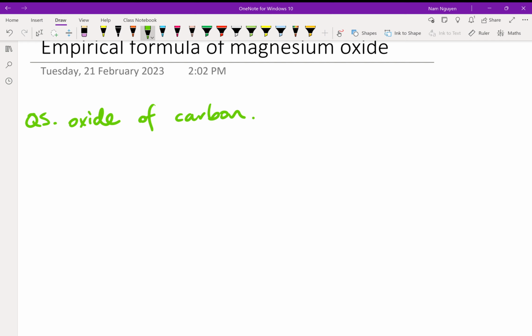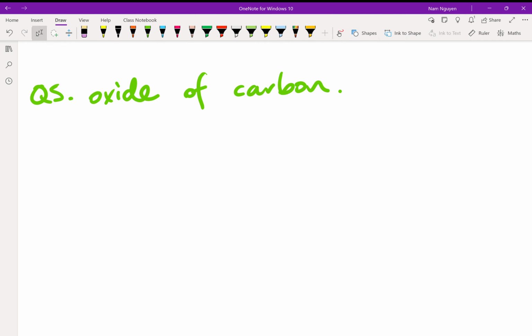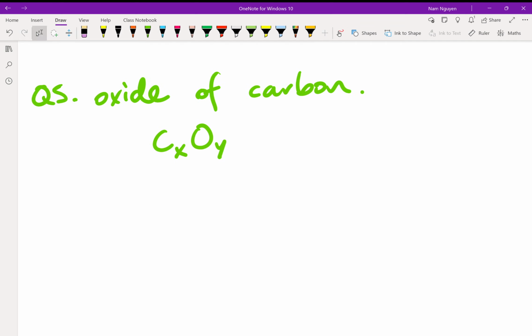Thank you, gentlemen. So, in question 5, we have an oxide of carbon. If it's an oxide of carbon, that means we have C, random letter because we don't know, O, a different random letter, not the same letter because it's not the same number. That's what a carbon oxide can be described as if we don't know how many atoms of each we have in this molar ratio. And then what we do know is that we have